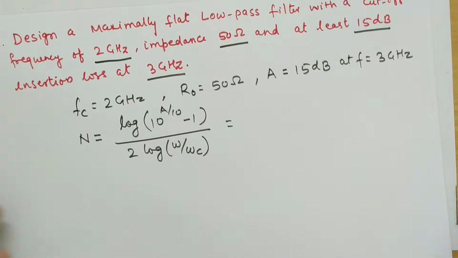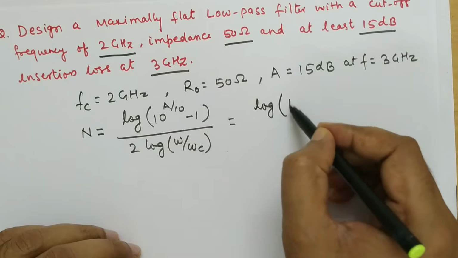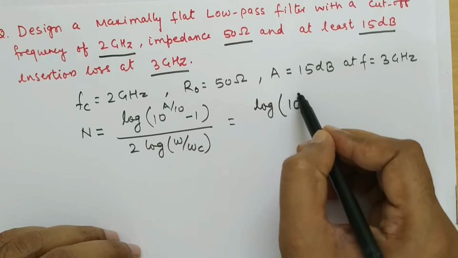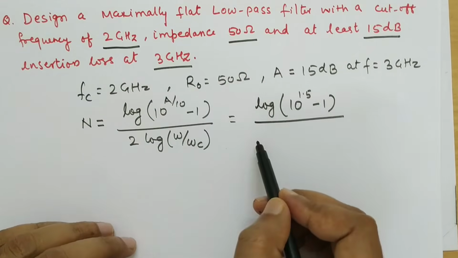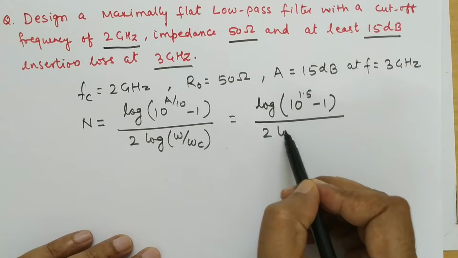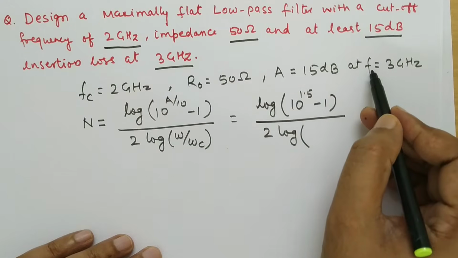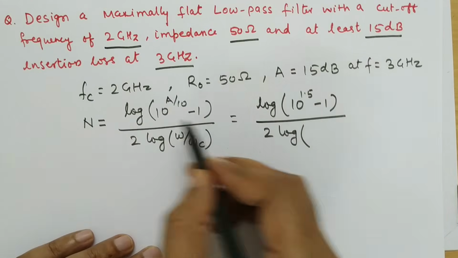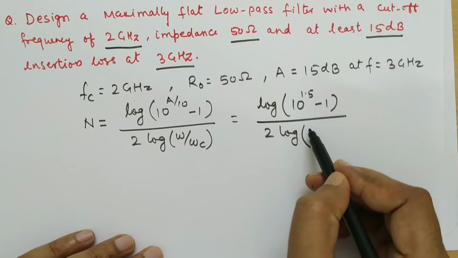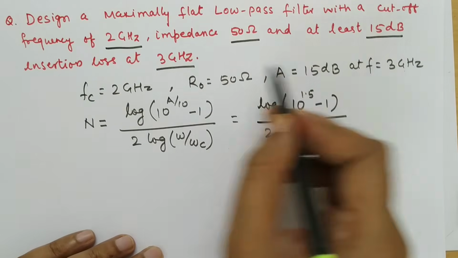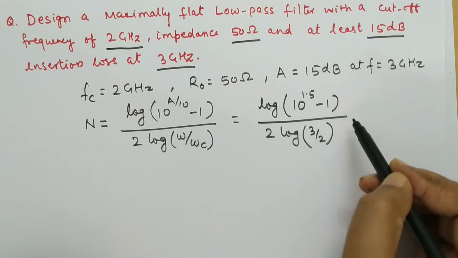We can put all the values: 10 to the power A, where A is 15, so 15 by 10 is 1.5, minus 1, divided by 2 log omega by omega c. In terms of F and Fc, the ratio of omega and omega c is also equal to F by Fc. So we can write this as 3 by 2, because units are same, so we can put it without the unit, and then we can calculate the value as